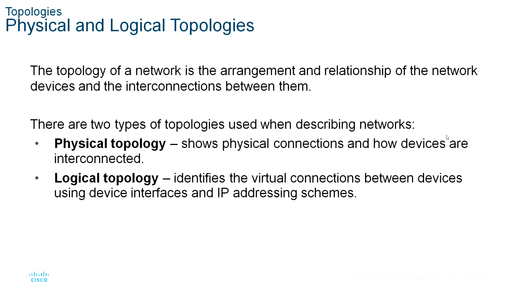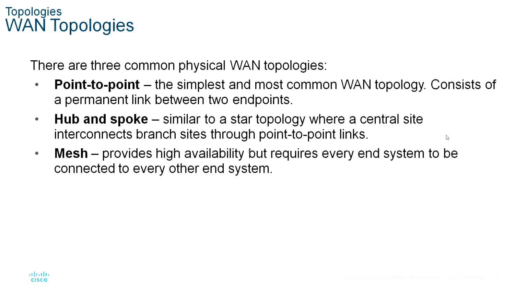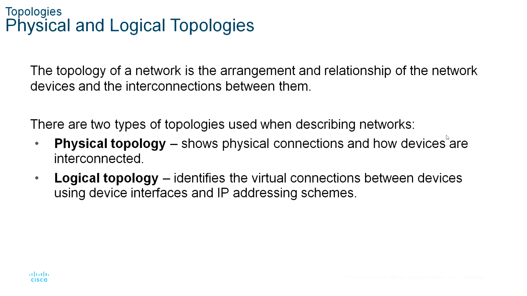The data link layer sees the logical topology of a network when controlling data access to the media. It is the logical topology that influences the type of network framing and media access control used. The diagram shows the physical topology for a small network. Okay, this diagram belongs to the logical topology of the network.